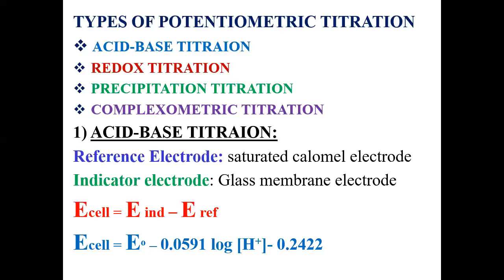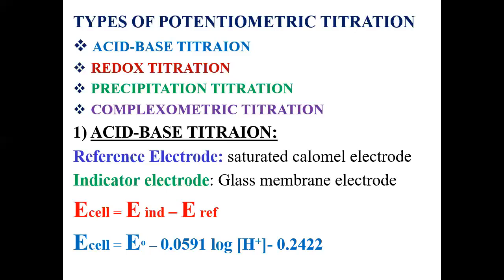So in the burette we have the base solution, so that the neutralization reaction takes place in the analyzed solution, and at the end point there will be a sudden change in the pH of the solution. So in this case the end point is determined in terms of the pH of the solution. So here we will use the term pH.